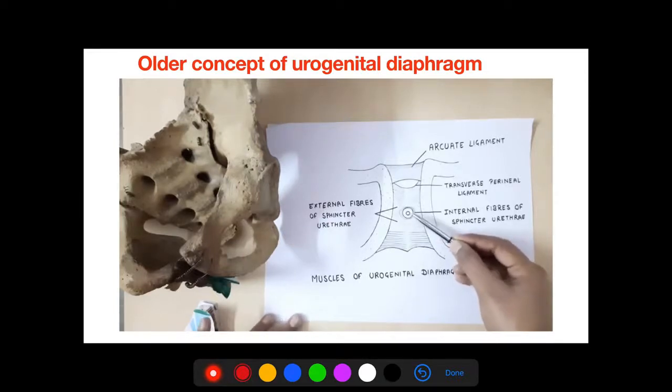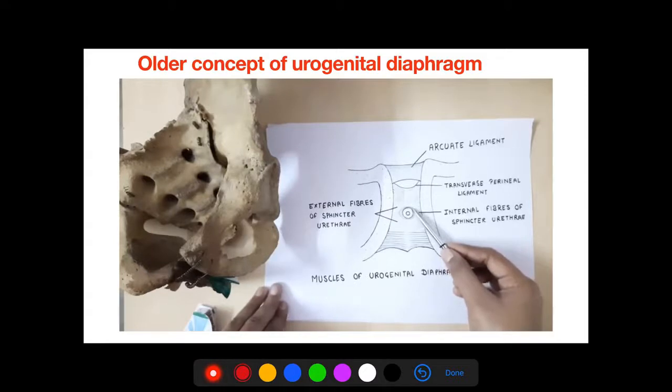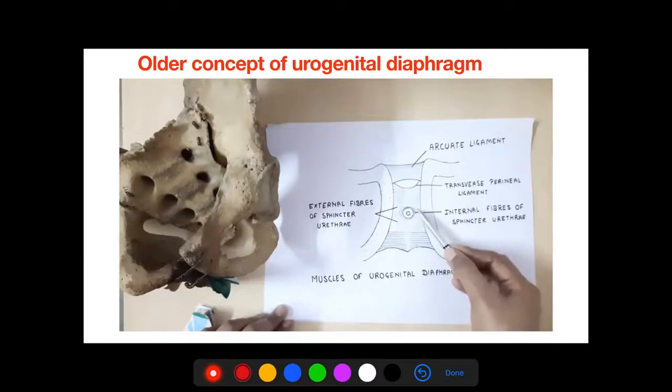This muscle is made from two types of fibers: external fibers and internal fibers. These are external fibers and these are internal fibers. And the action of this muscle is compression of the membranous portion of urethra. During micturition this muscle remains relaxed, okay, but it comes into action at the end of the process of ejection of urine, or we can say the last drop of urine. And this muscle also comes into action at the time of ejaculation. In male this muscle is innervated by the perineal branch of the pudendal nerve.